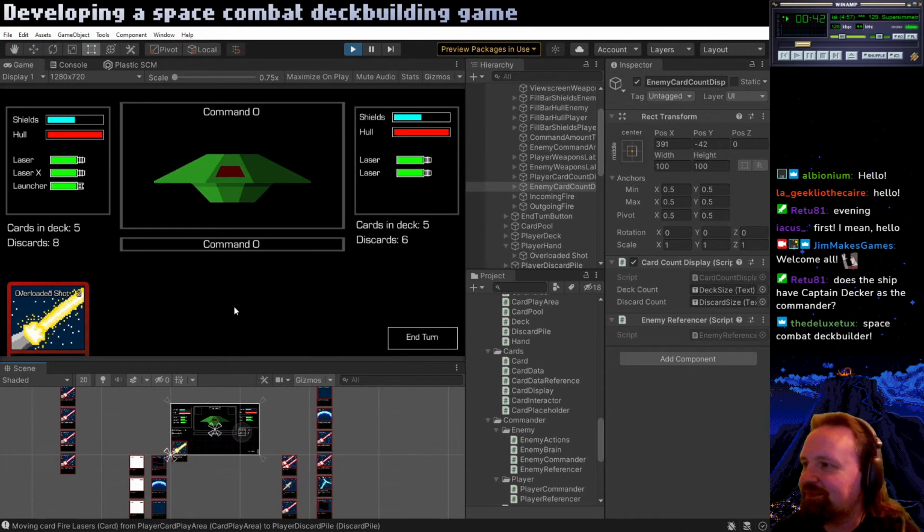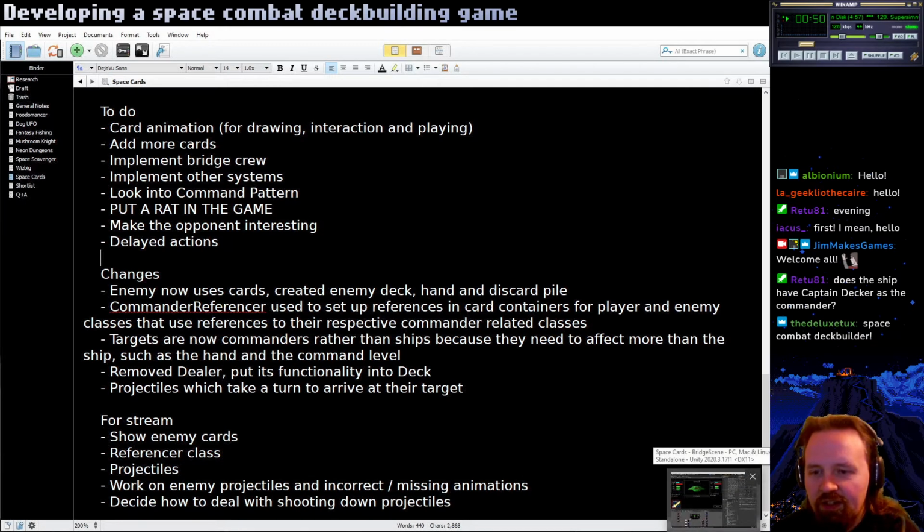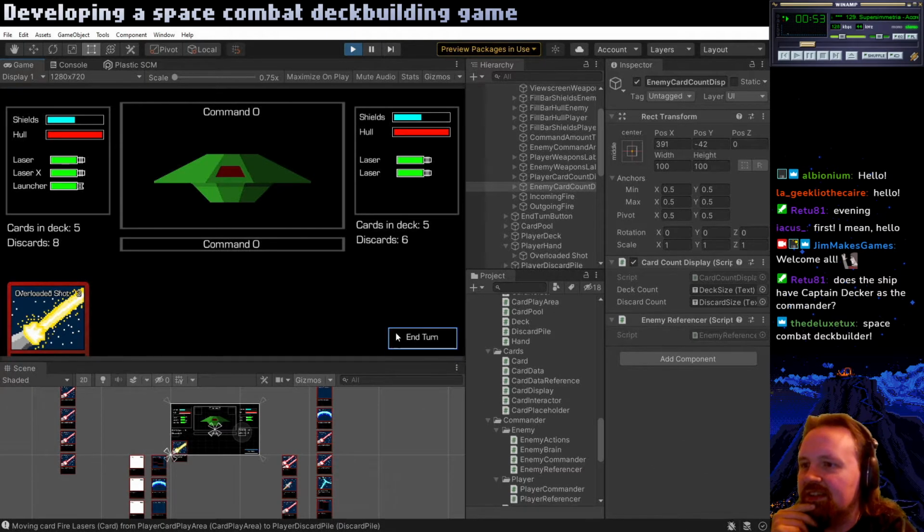So, what are we going to be working on today? I've put a little agenda together. I've shown you the enemy cards, how those work. So yeah, to put together the decks for the